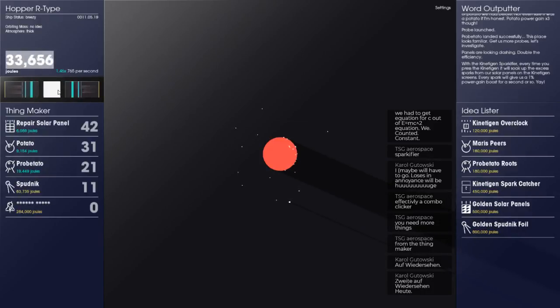Okay, 32,000, halfway to our next Spudnik. I'm looking across at these upgrades over here. Do we want an extra 100 joules per second, or is the 2 Spudniks going to cost me less than that? At the moment, the 2 Spudniks cost me less than that, and that gives me about that return. The Maris Piper potato is potato power gain times 2 again, but that is still quite a distance up, and I need more things to be built before that puts a big dent into the numbers.